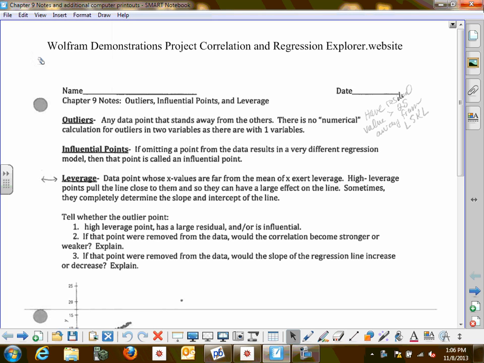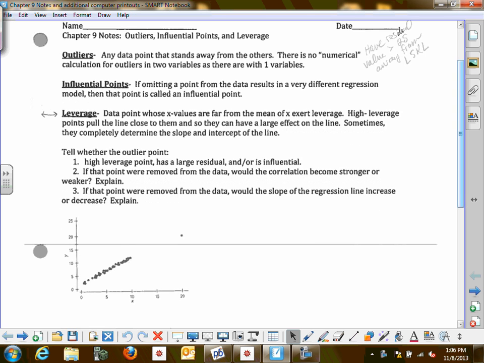And then to understand how these three vocabulary words, or how outliers, impact different concepts about the line. So what we're going to be talking about first is the three vocabulary words we're learning: outliers, influential points, and leverage. Okay, outliers, influential points, and leverage. And then the other thing is